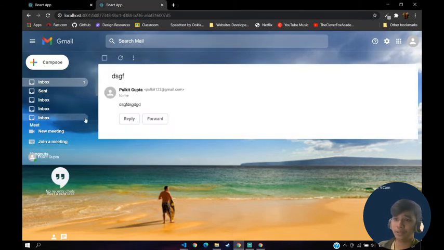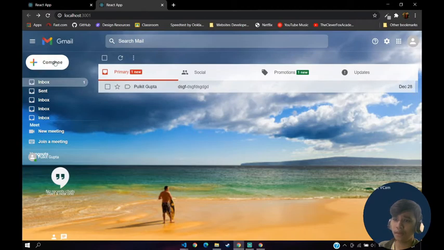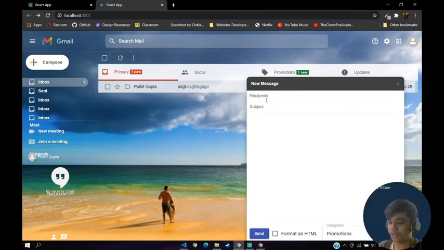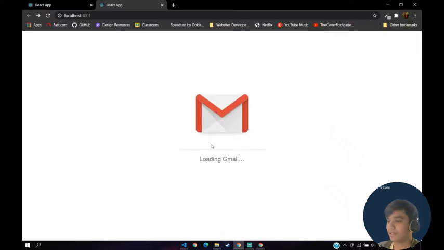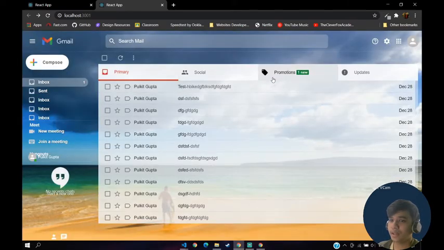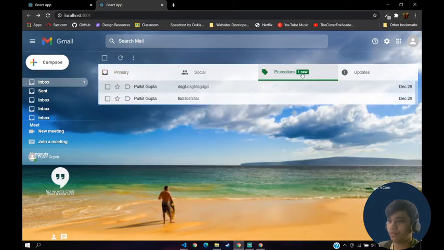For example, if I show you, go back to application. If I send a mail to myself, if I send anything, as you can see here it's just 100, but here, okay, one here, let me refresh once. One second, I'll explain what I meant to say. For example here we have only 100.